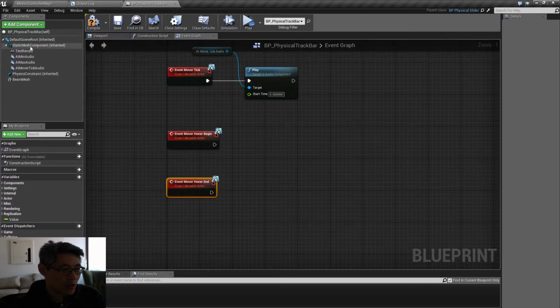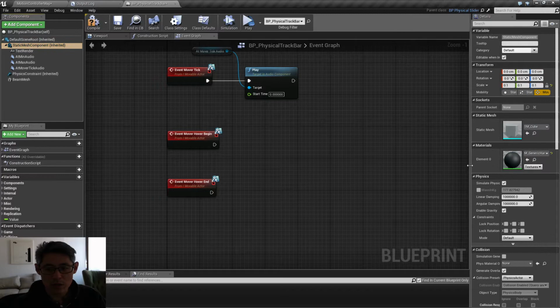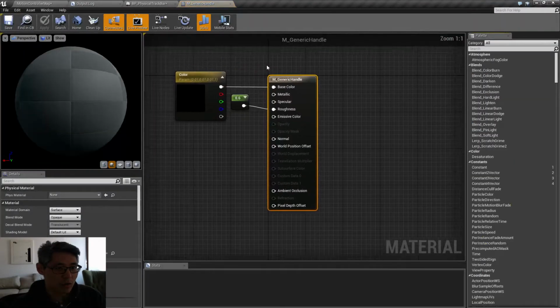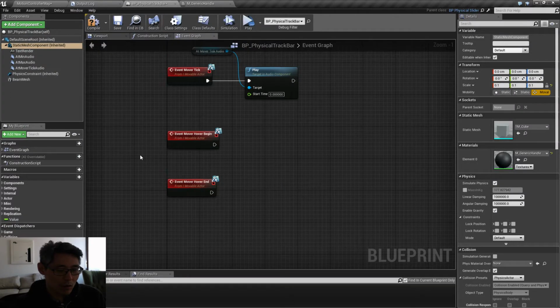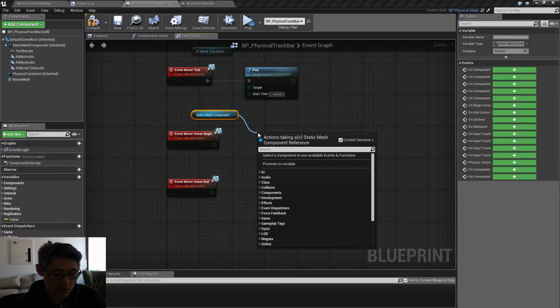So that static mesh component has a material, and right now it's set to be this M generic handle. So if we have a look at that material, we can see it has a color parameter and a roughness for some reason. I don't know why I put that on. So what we're going to do is to grab this material and then change the color whenever we hover over it. So let's say